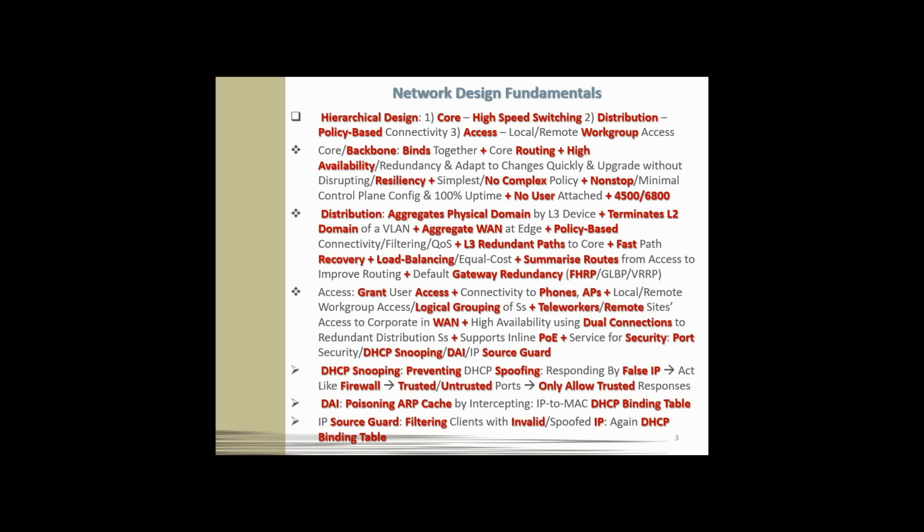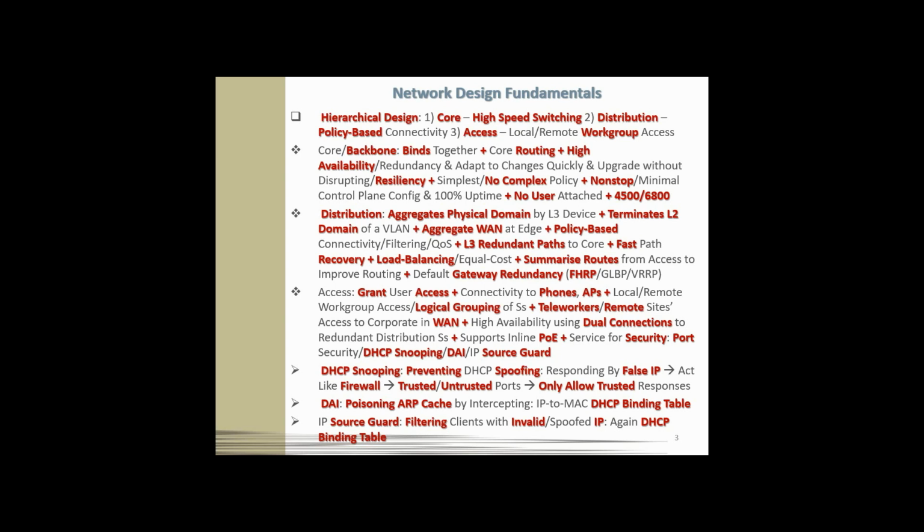The network will only allow DHCP responses to DHCP requests from trusted ports, thanks to DHCP snooping being enabled on that network. And when we say the network only allows DHCP responses from trusted ports, those trusted ports usually are